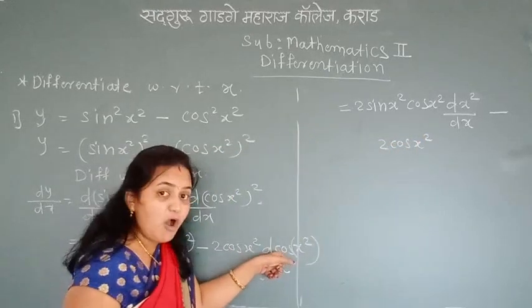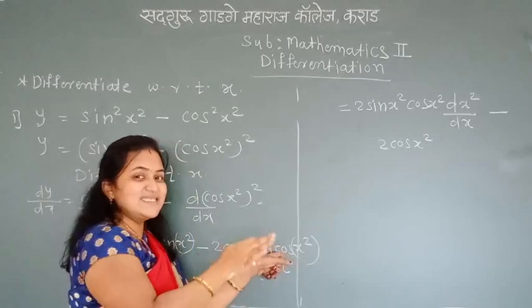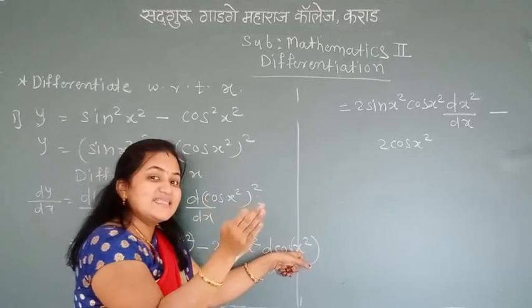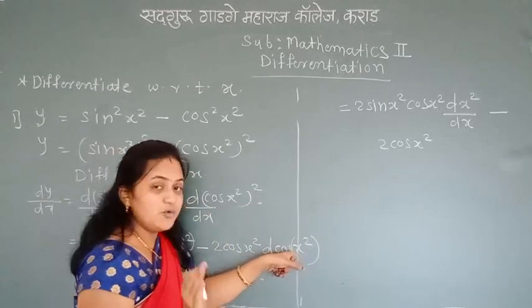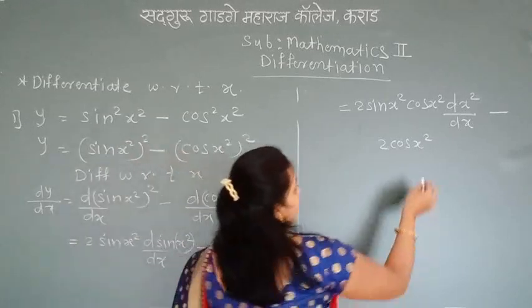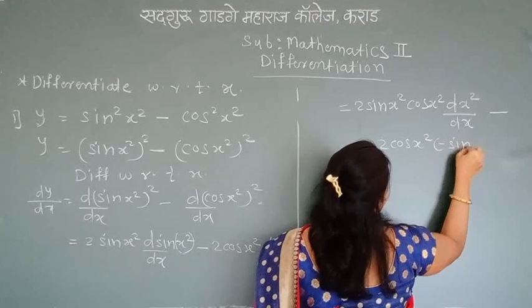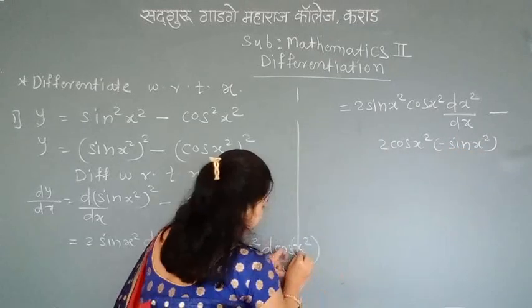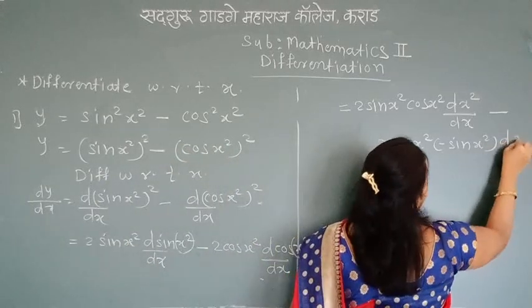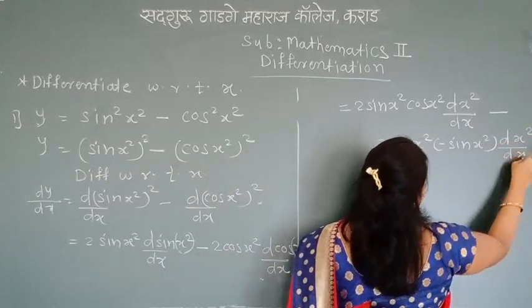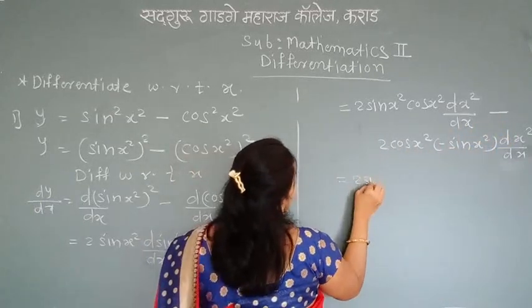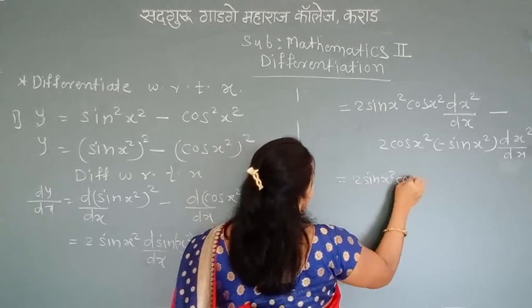What is the derivative of cos x? Which is minus sin x square, because cos x square है, cos x से compare किया तो cos का derivative minus sin x. So cos x square का derivative minus sin x square, so minus sin x square, and again I find the derivative of composite form या sub function, so derivative of x square with respect to x. Now this minus we get plus, so we get here 2 sin x square multiply cos x square.